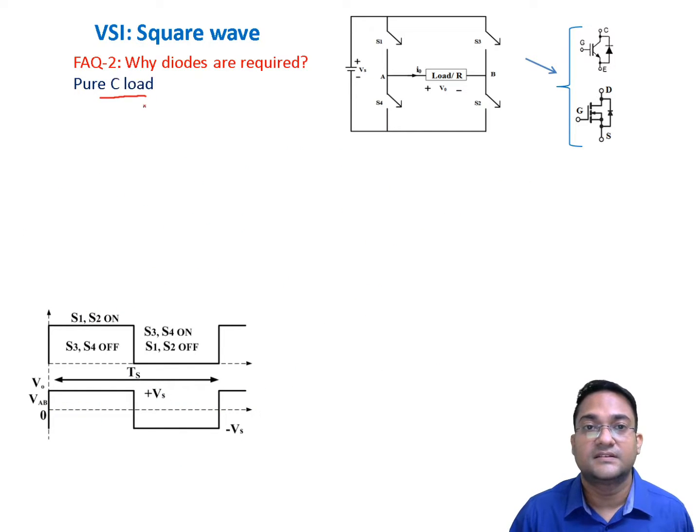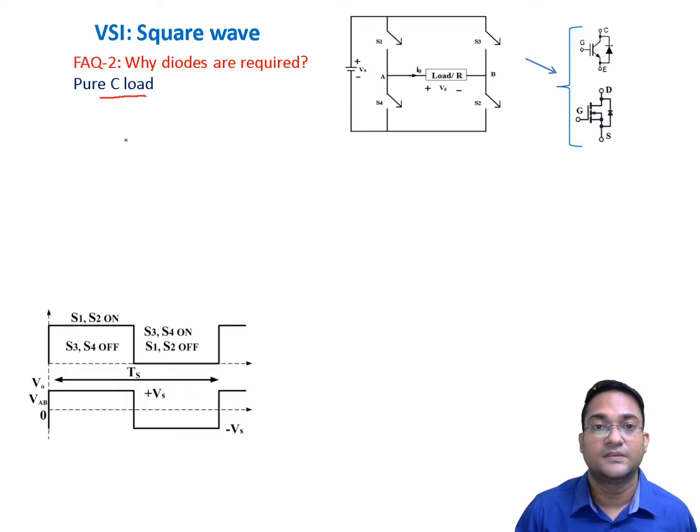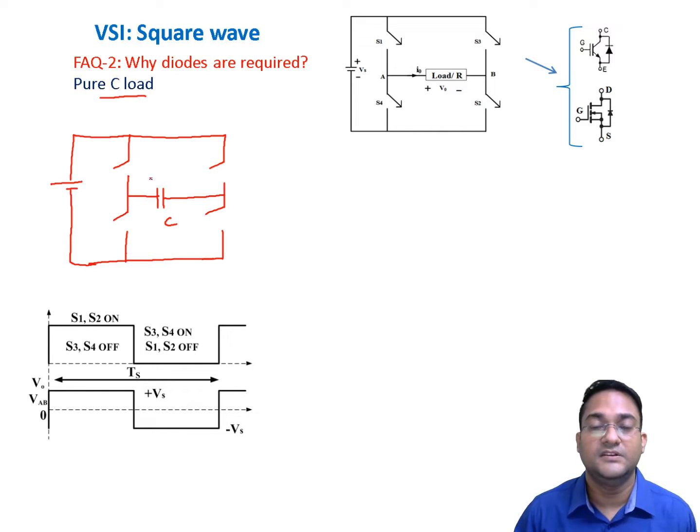Next case, let us discuss what happens if I connect a capacitive load. So again, let us try to draw the circuit diagram. Again, initially all the switches were turned off, so the voltage appearing across this capacitor, VC at time 0, is 0 volt. Now as soon as you turn on, let's say S1 and S2, what will happen? This Vs will come in parallel to this capacitor C,